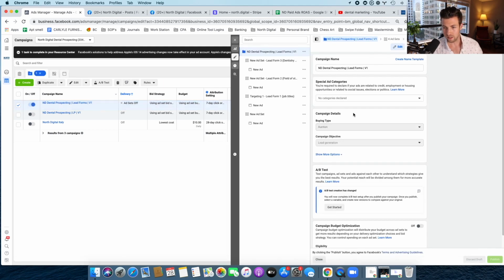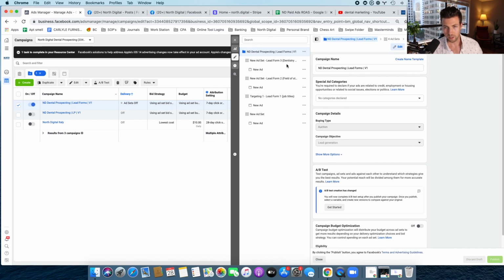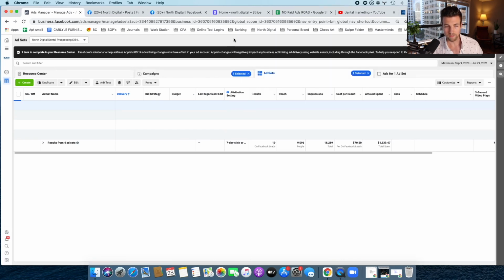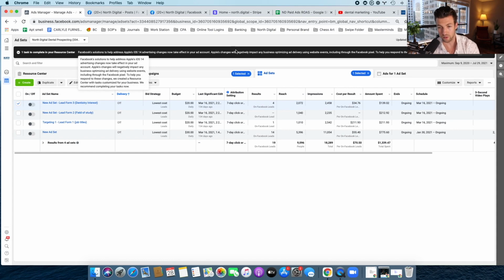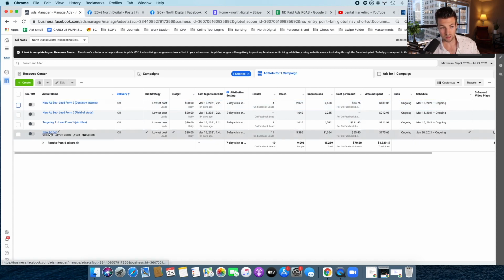And this is a lead generation campaign in Facebook. Everything is set up default. Now within this campaign, there are 4 ad sets that you can see here. So I'm going to go into these ad sets, and if I jump back into the ad set view, you can see here, looking under the results column, that this one got 4, this one got 0, this one got 1, this one got 14. So there was a clear winner, which was this one here. And that's the one I want to dig into and show you what the winning combination for my agency was.